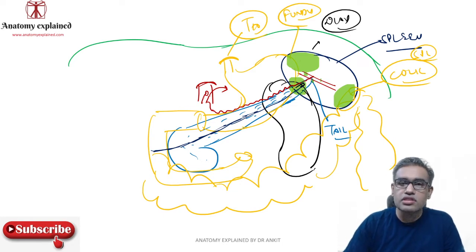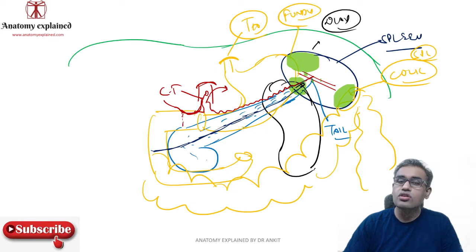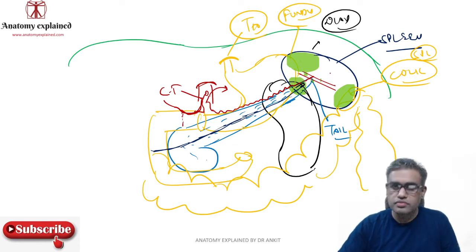The third artery which is given off by the celiac trunk is your common hepatic artery, which will go on this side. It will give off the gastroduodenal behind the duodenum, and continue as the proper hepatic artery. Now that celiac trunk also we have done a lecture on, a session on it in the video. The link will be there in the description box, or if you go to my channel, then everything is available over there. Okay, so this is the tortuous splenic artery which is going to the spleen.